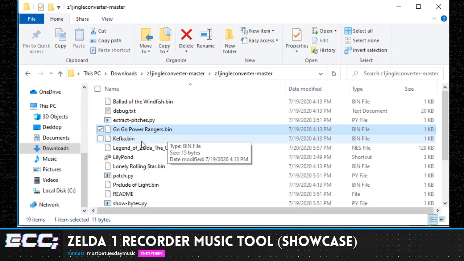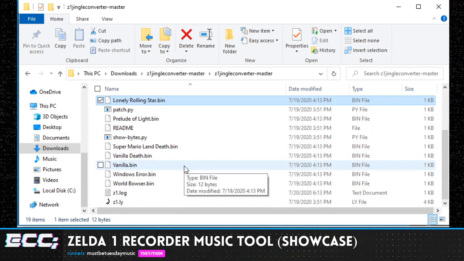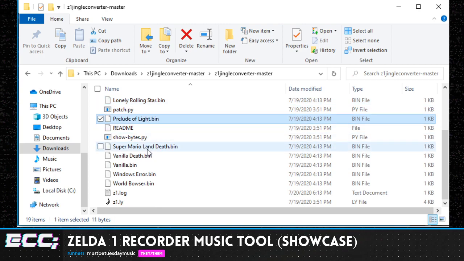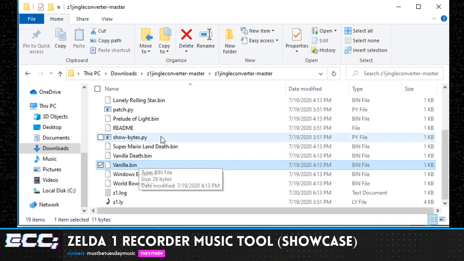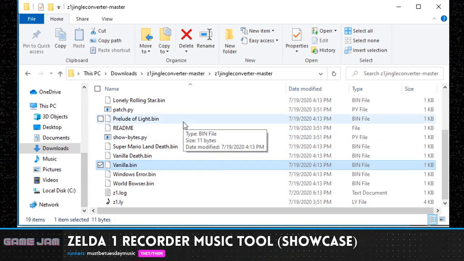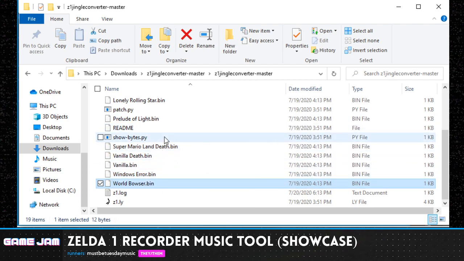We've got Ballad of the Windfish, Go-Go Power Rangers, Kefka, Lonely Rolling Star, Prelude of Light, Super Mario Land Death, Vanilla Death. Vanilla is the regular recorder song that we already heard. Windows Error and World Bowser are the songs that are included. So